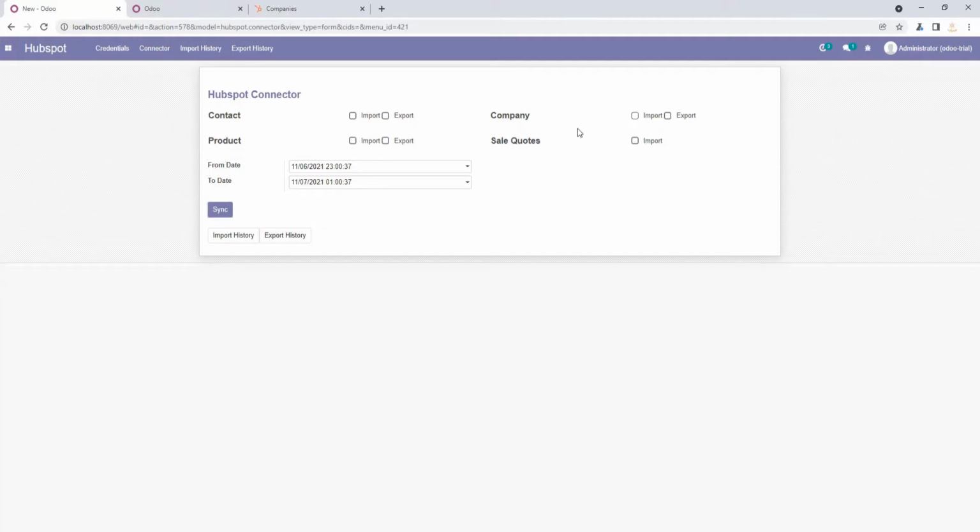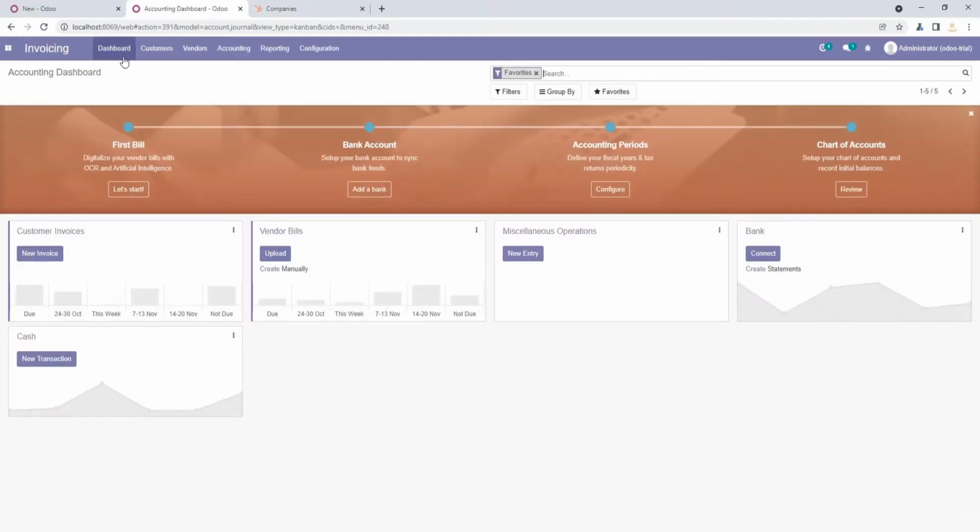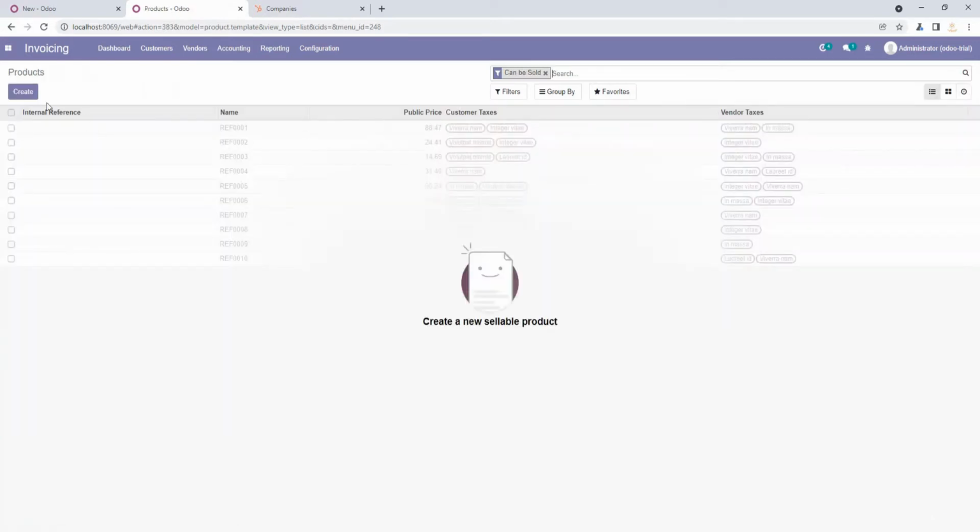So we move to the next service, which is the product. I'm just going to Invoicing, and here is Products. I'm going to create a new product which will be exported to HubSpot.